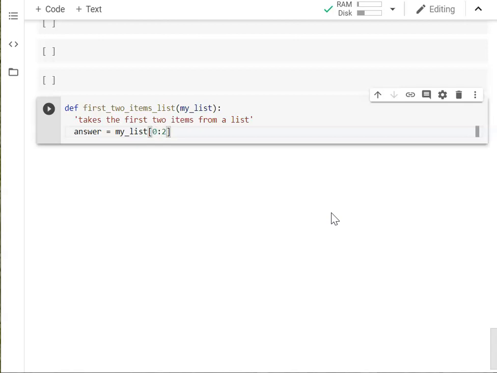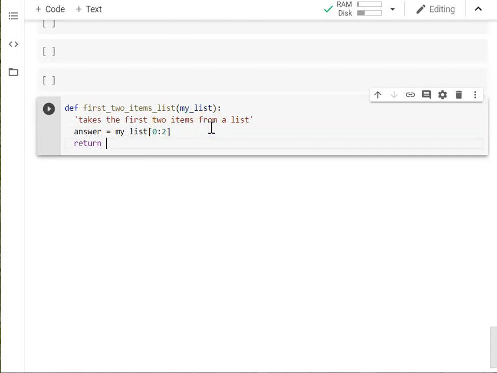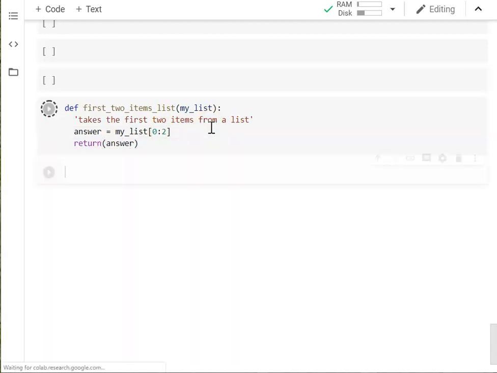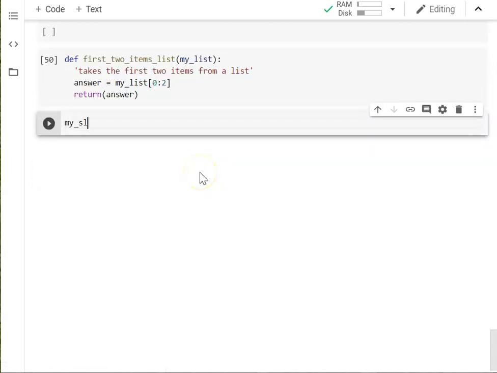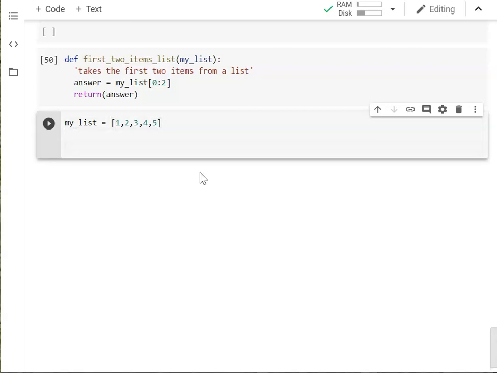So we need to go 0, 1, and 2, which I know it counts up to 3, but remember it takes one less than we've asked for. And return our answer. So if we run that into the document, and then let's test it out. My list is equal to, easy thing to type out, 1 to 5, run it, so I'll get my answer. First two items in the list, acting on my list,